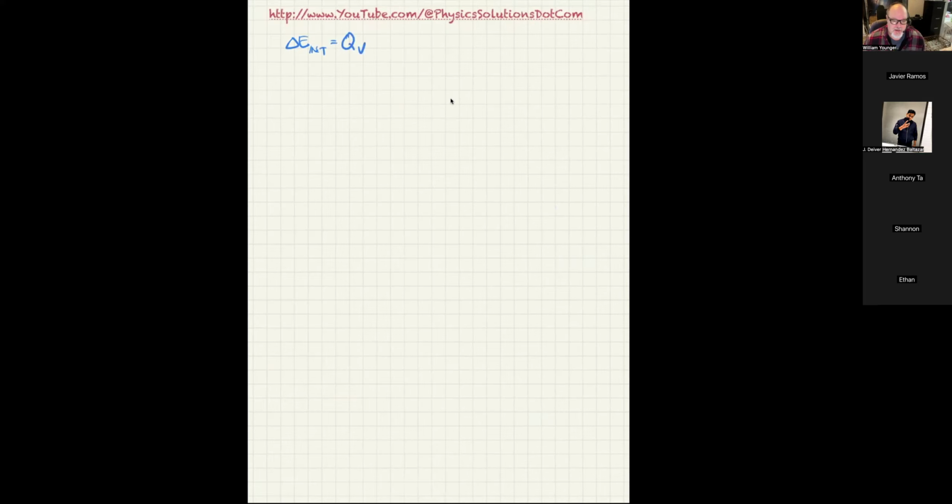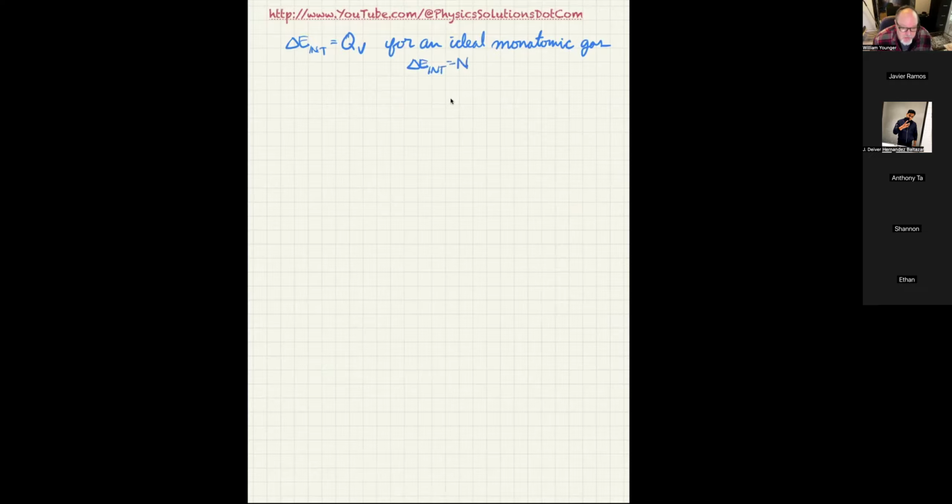And if we talk about an ideal monatomic gas, then we know that this QV for an ideal monatomic gas, we end up getting delta E internal